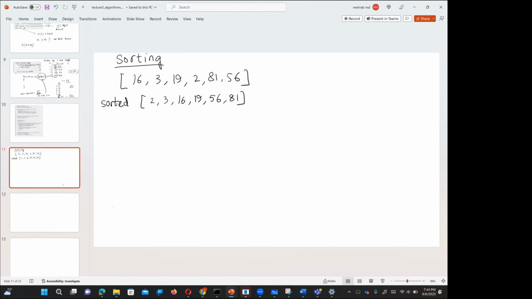So we already have 2 solutions. One solution was, and I think both of you told us about the same solution. So what did you do? 16. You compared 16 with 3, right? Yes. And then,